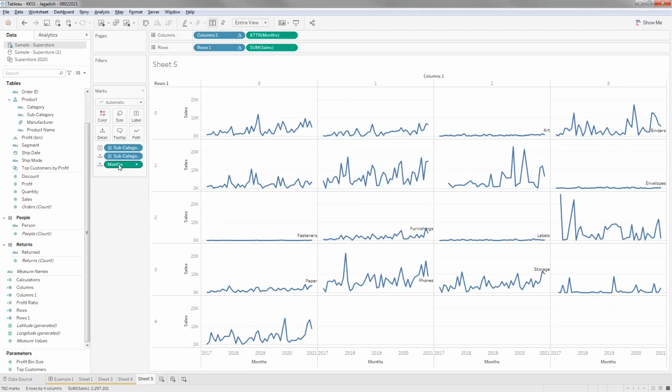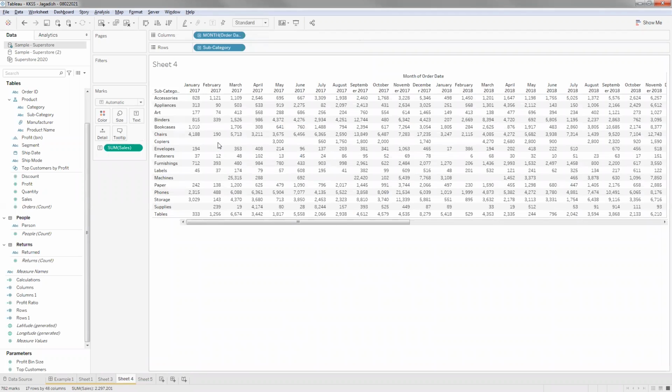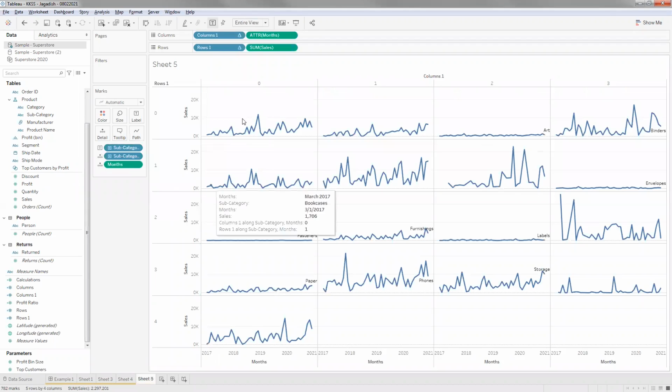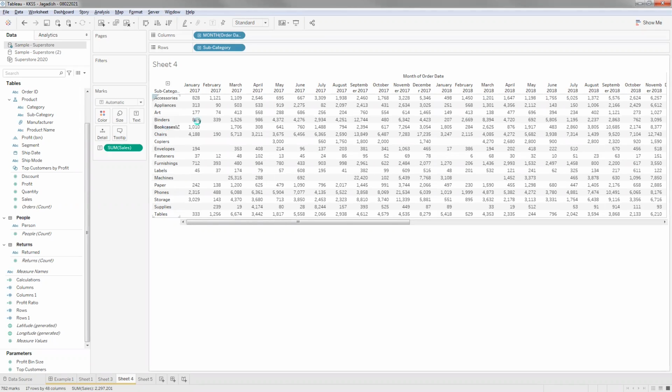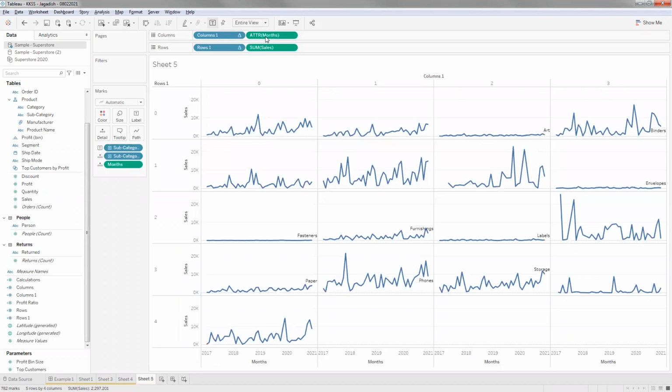just look for the month in the same month, but don't try to fetch. I don't know how to put this properly, but that's what it's trying to tell. So basically just stay in the same subcategory as which you have started. Whatever the order is, if it's bookcases, just stay in that bookcases. If it's a missing value, just keep it as a null. It's okay if you don't plot it, but don't fetch from the next value. So that's what this particular function is trying to tell here.